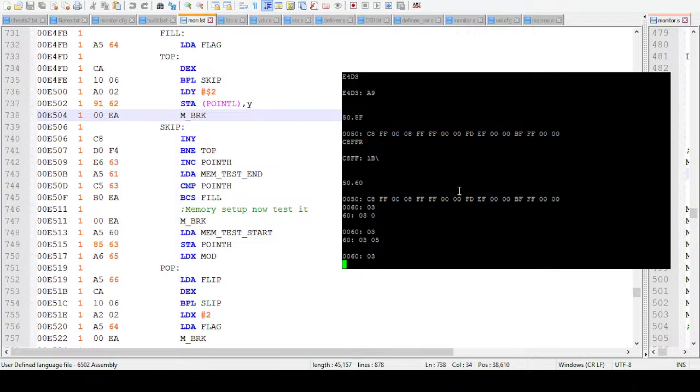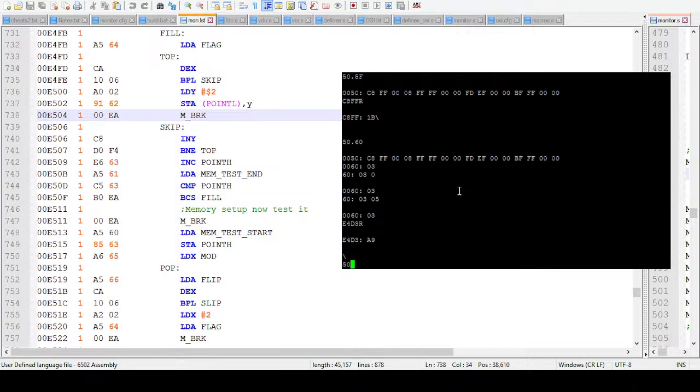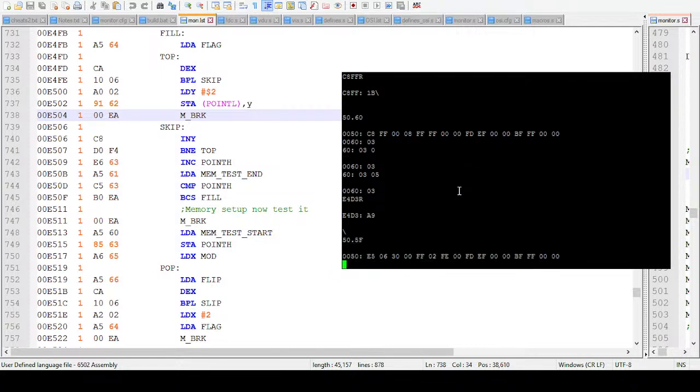This is not going to run all the way through though anyway, so E506. So E506, so it gets to the next instruction is that one there. So we know it works to that point there. Okay, and